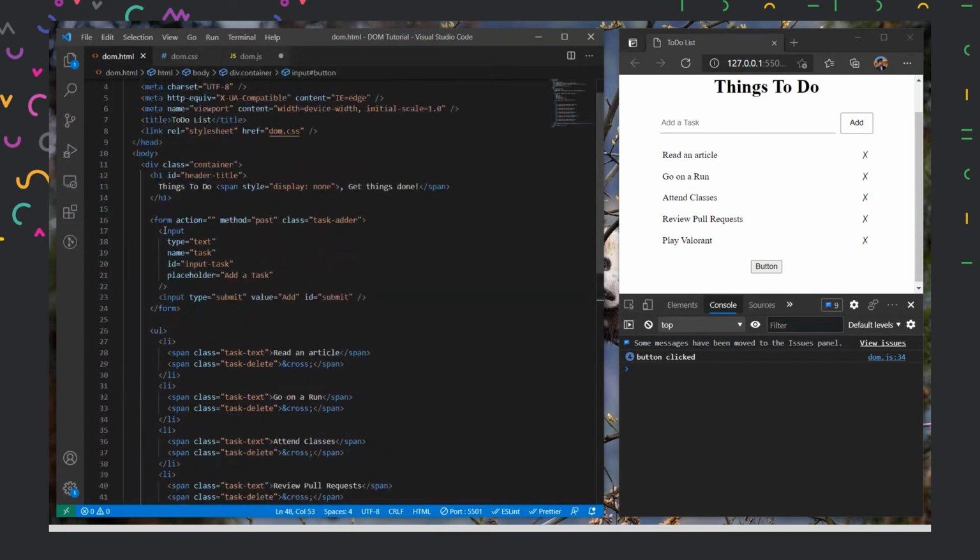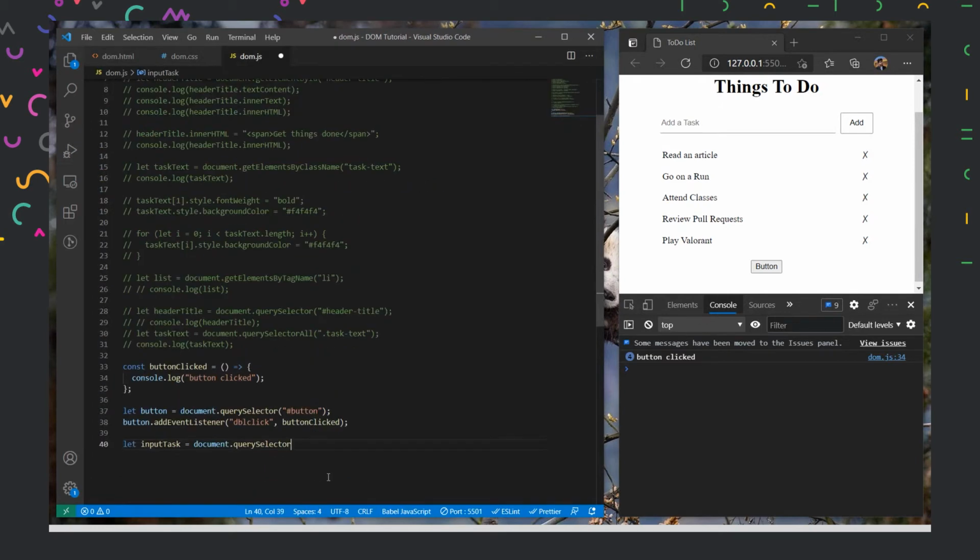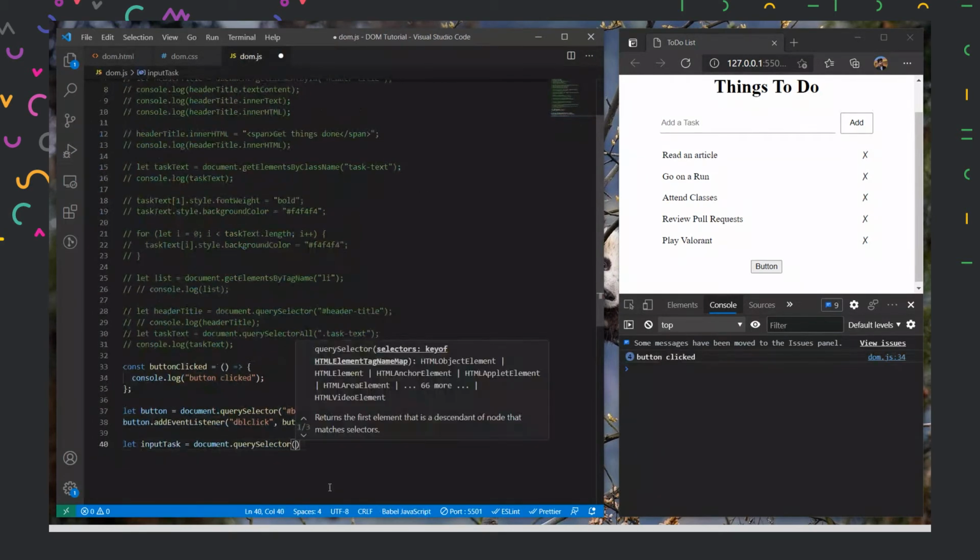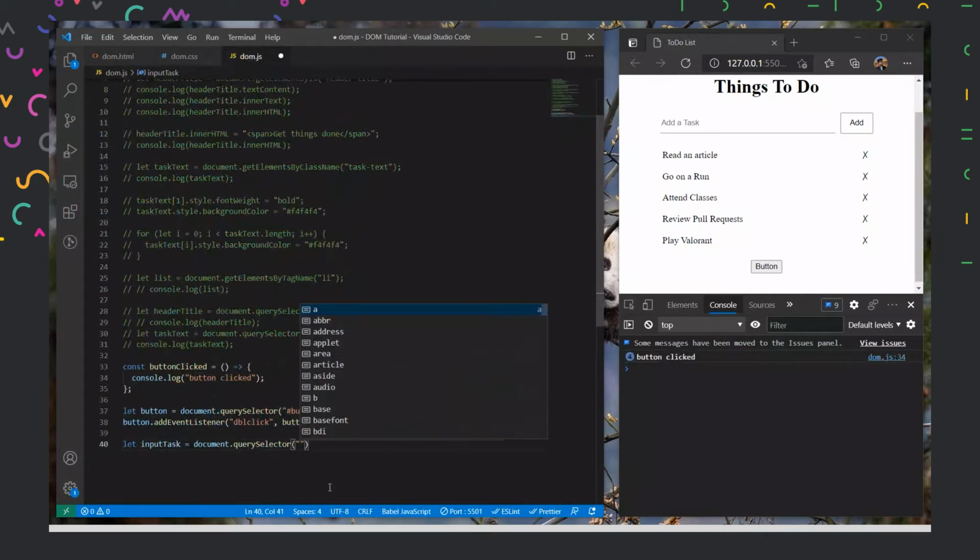Our input task has the ID input task. So I'll put input task over here, and that should select our input task.